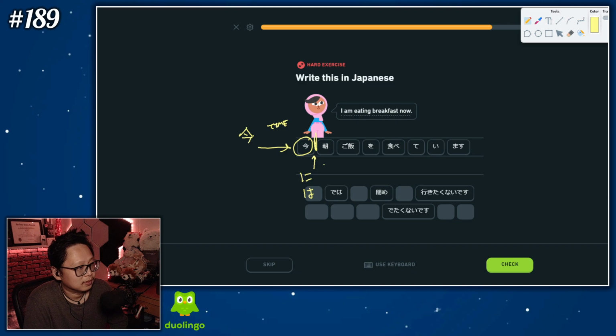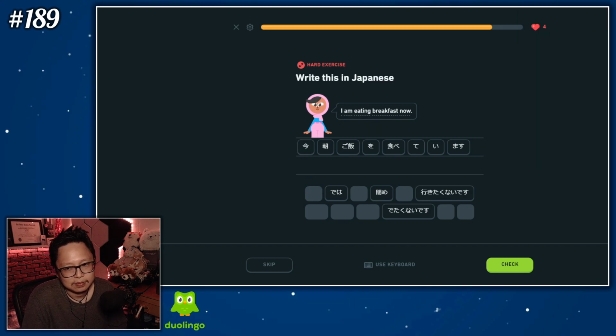There are explanations for this, by the way. There are quote unquote grammar explanations for this, and I just go with the flow. But if you're ever wondering when they have a wa, when they have a ni, what does that mean? And then sometimes there's a comma with no wa. There are explanations for that. I just don't have to worry about it too much.